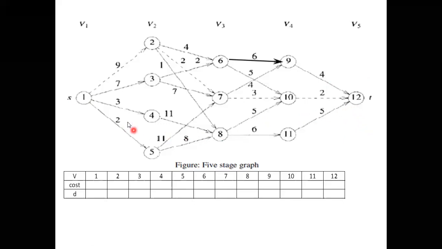Now, while seeing this big graph, do not get confused. It is a very simple problem to be solved. Right, you can see here figure 5 stage graph. These 5 stages only it is showing. That's why the name is 5 stage graph. Now what is the aim of us to do? Here we have to find out the minimum path or shortest path from the source vertex to sink vertex. In other terms, from 1 to 12 we want to find it out. Clear?